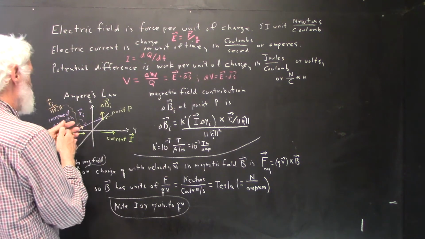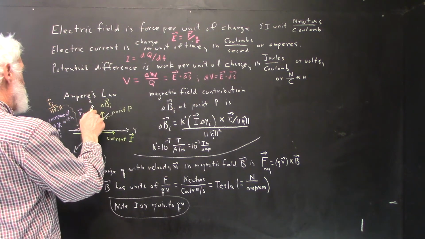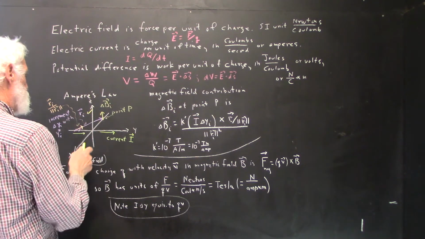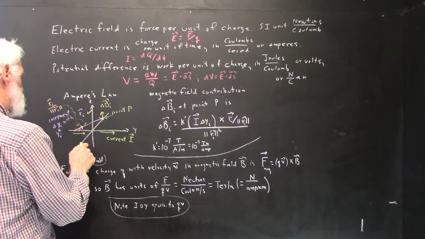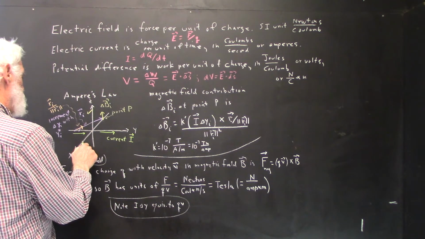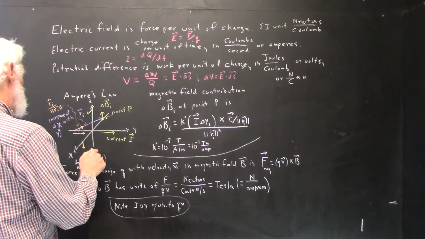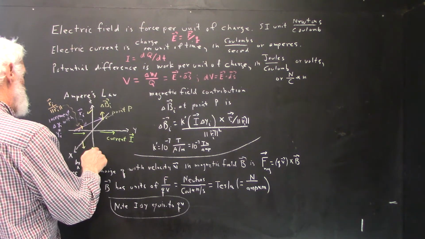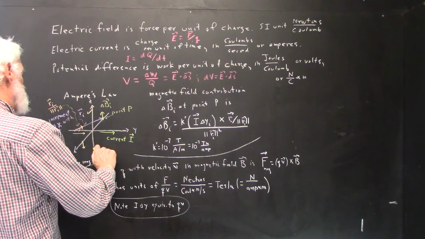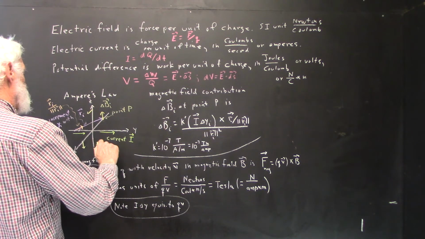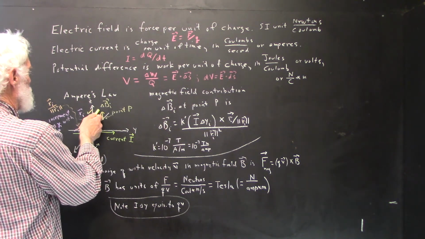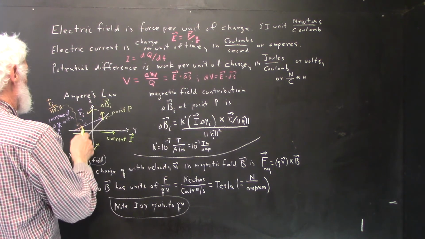It'll be back like so. So if you have a point up here, it's in this direction, the magnetic field will be in this direction. If you have a point out here, the magnetic field will be down. And if you have a point down here on the Z-axis, the magnetic field will be in the negative X direction. And you have magnetic field surrounding